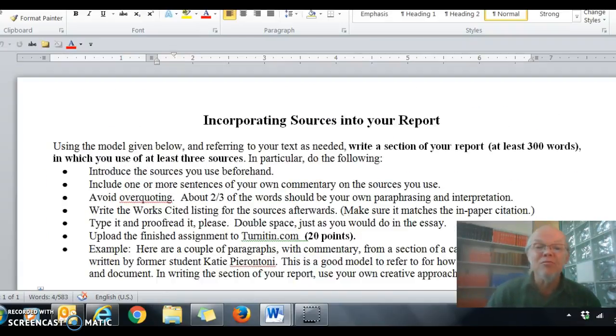Incorporating sources means bringing the body of the sources into the body of your essay. We've just looked at some tips as to how to do that by introducing, paraphrasing, summarizing our sources. Now it's time for you to roll up your sleeves and have a good crack at this assignment following the instructions on our